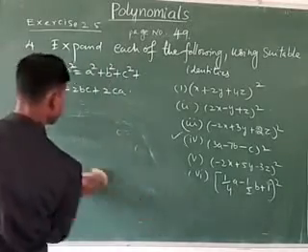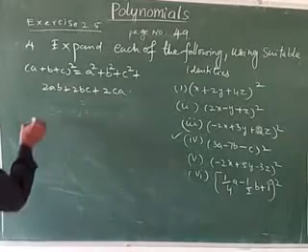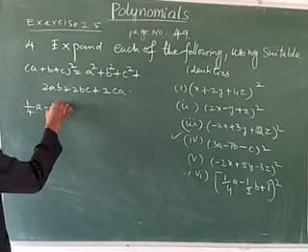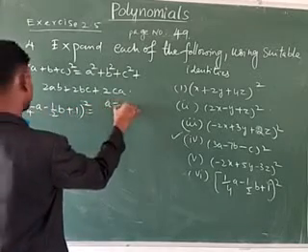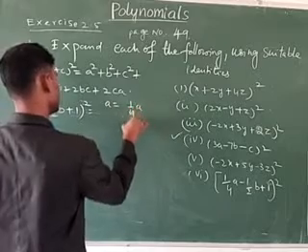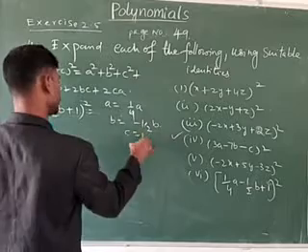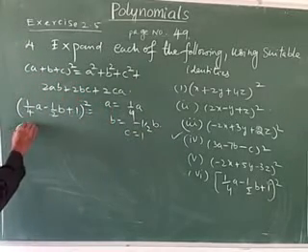Next one, sixth one, see. Sixth one also same. 1 by 4a minus 1 by 2b plus 1 whole square. Here a is equal to how much? 1 by 4a, b is equal to minus 1 by 2b, c is equal to 1. Now same values you have to substitute here. A square is equal to 1 by 4